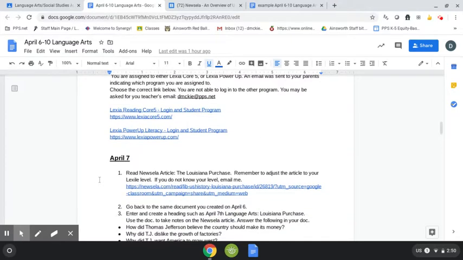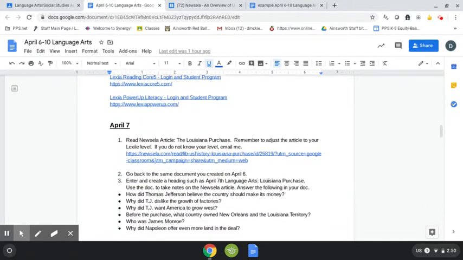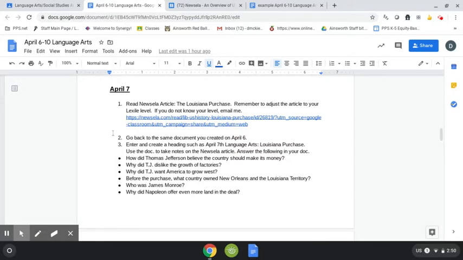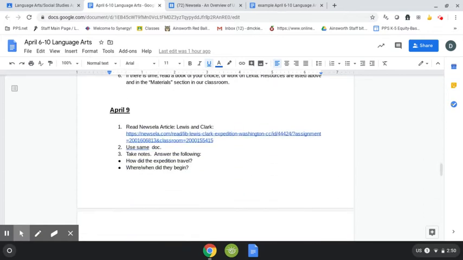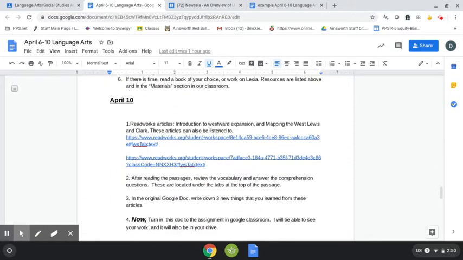Now, it's kind of the same format for each day. Newsela article, answer these bulleted questions. Remember, put it on the same document in that assignment. 8th, 9th, same thing, Newsela. On the 10th, it's a little different. You're going to go to ReadWorks. Now, if we click on ReadWorks here,